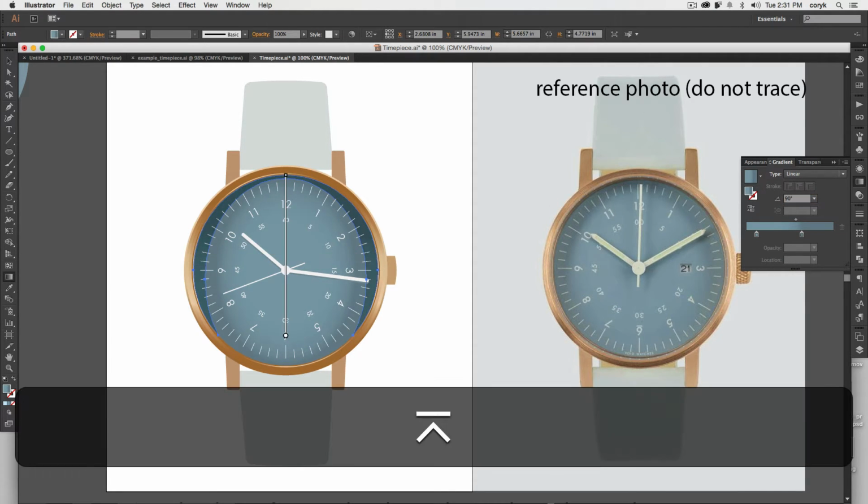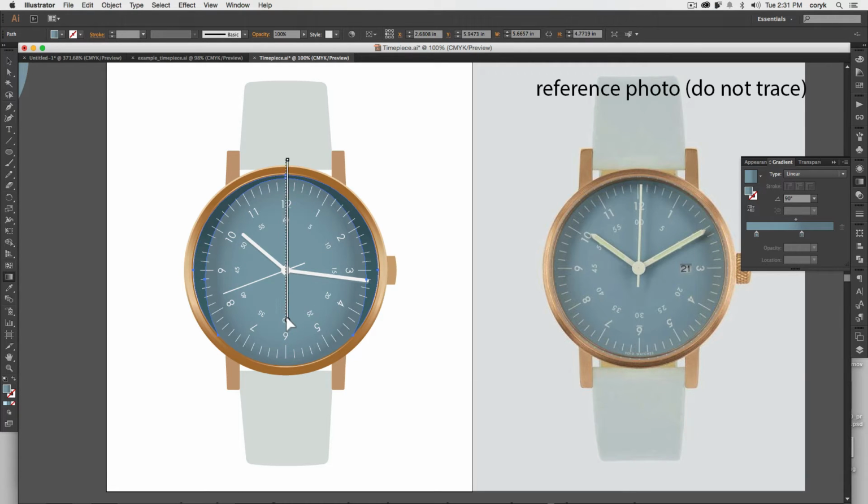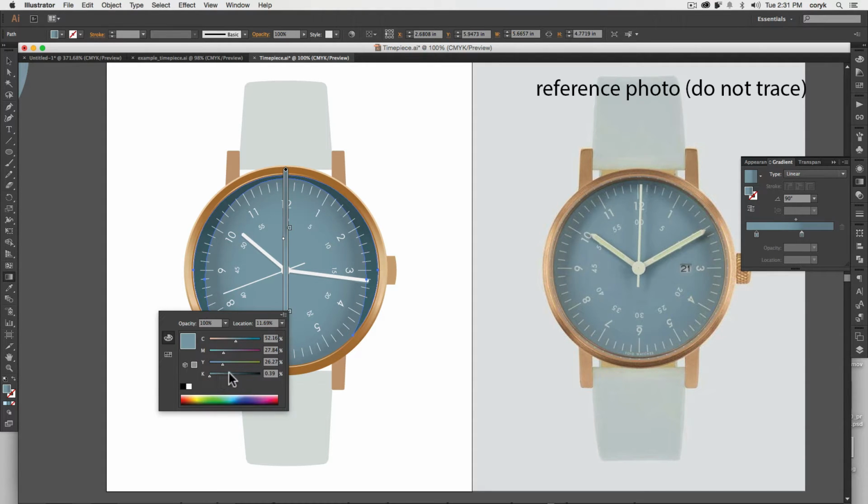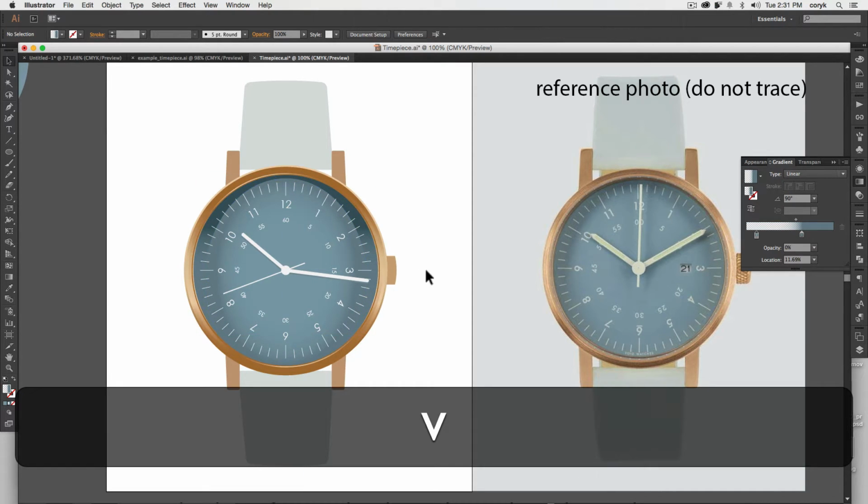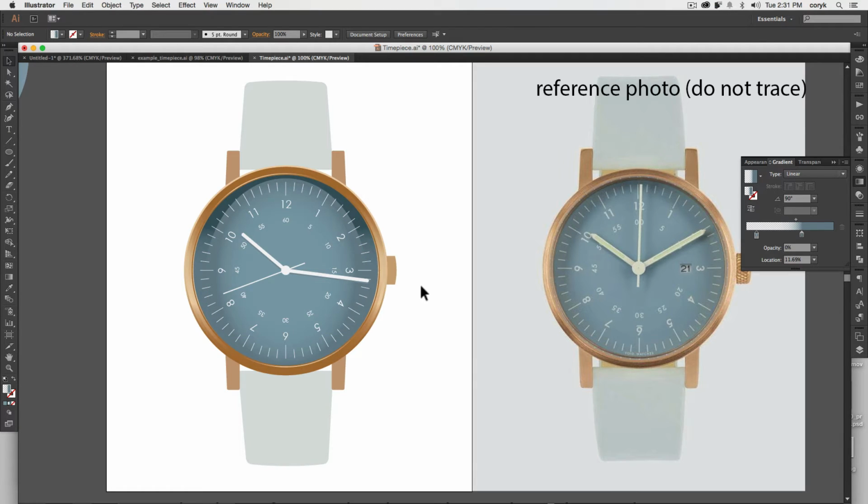So I'm going to rotate that to 90 degrees, and then I'm going to take this and fade it out. So notice that it's starting to fade a little bit. I'm going to get my color stops to be where I want them to be. I'm probably going to make that 0%, and notice that you have a linear fade from the top to bottom, and then it kind of just adds a little bit of a fade there, and that's going to indicate light